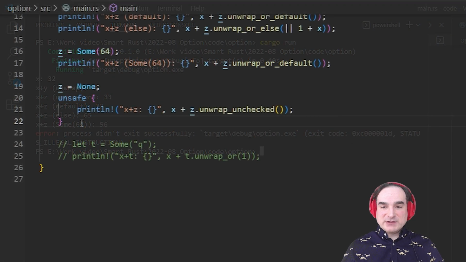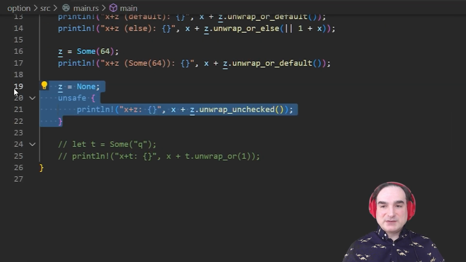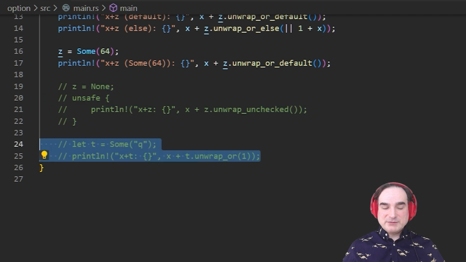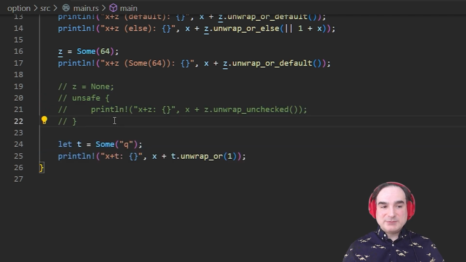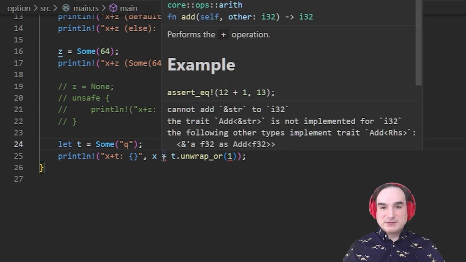Another thing you may try to do is use unwrap to swap in something from a different type. For instance, in this last bit here, I have an option value that contains a string, and I try to use unwrap_or to swap in an integer. Now, there are all kinds of reasons why this doesn't work. First of all, unwrapping an option for a string is only ever supposed to give us a string or None. So we wouldn't be able to add this to an integer anyway.